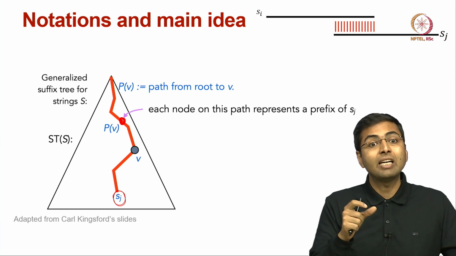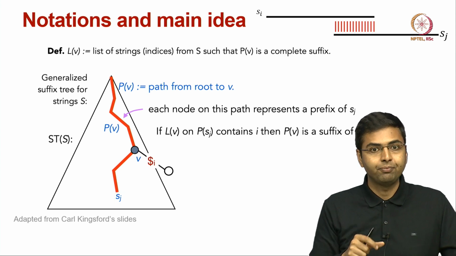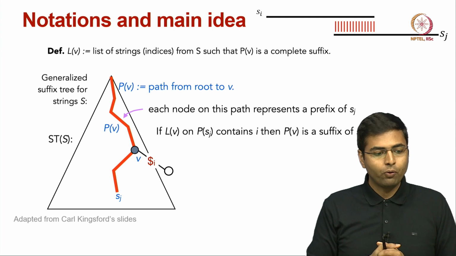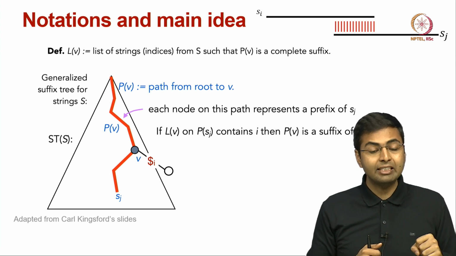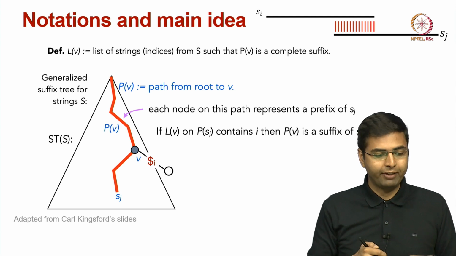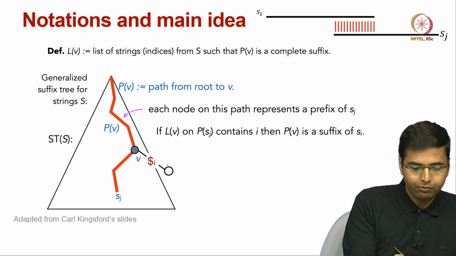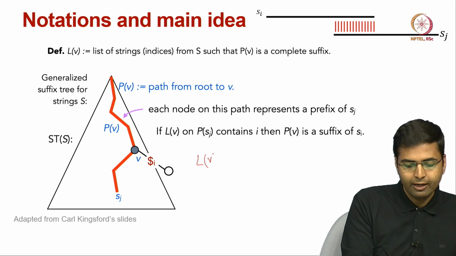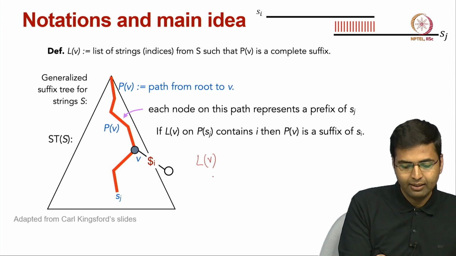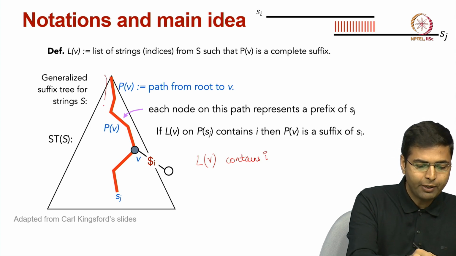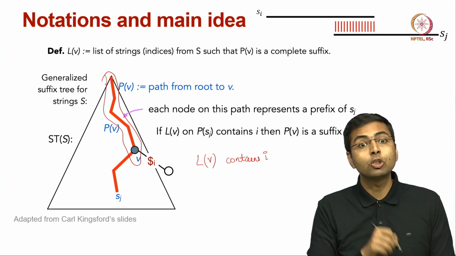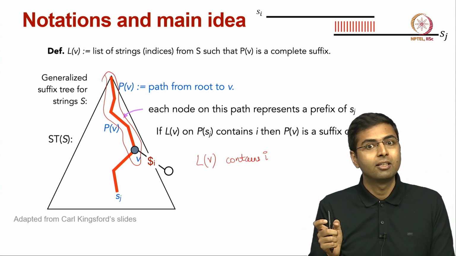LV tells me which are the suffixes in the suffix tree. So, LV gives me access to the strings from S such that PV is a complete suffix. So, if LV contains I, then that tells me that this particular path corresponds to a suffix of string Si,